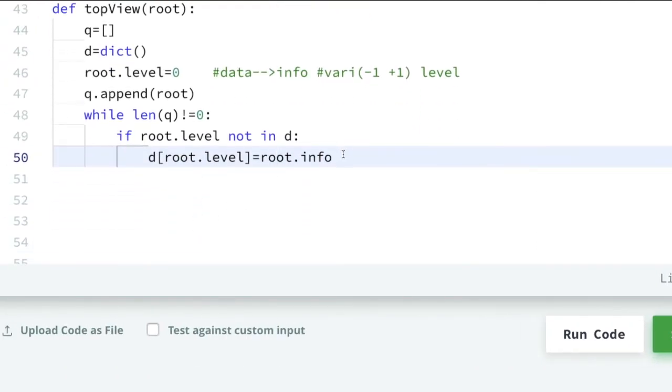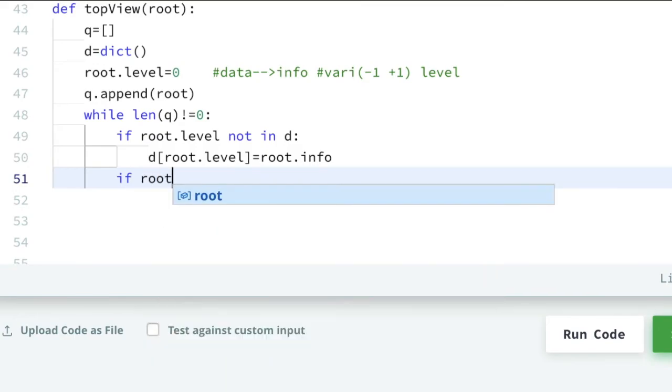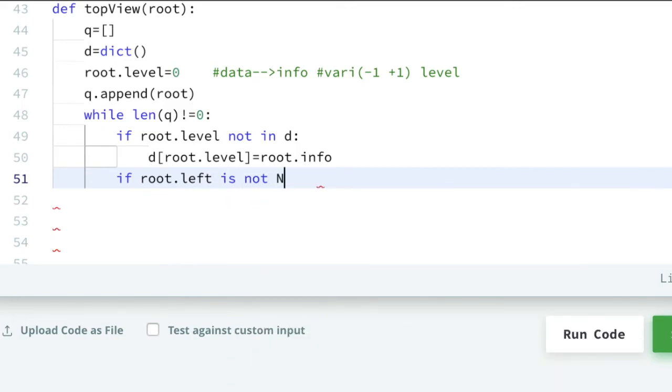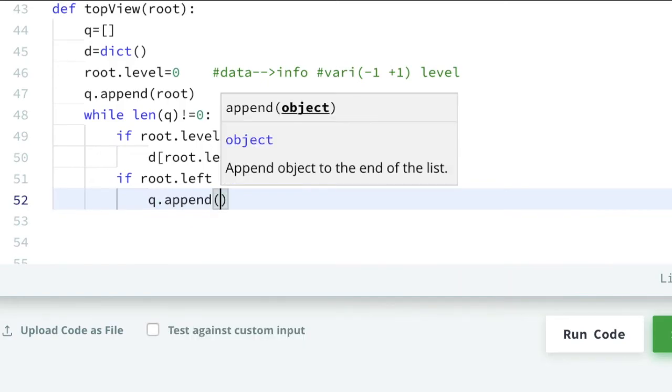Now we are done. Next target is we have to check for this root node, if root dot left is not none, then what we have to do, we have to append in the queue. So q dot append root dot left.